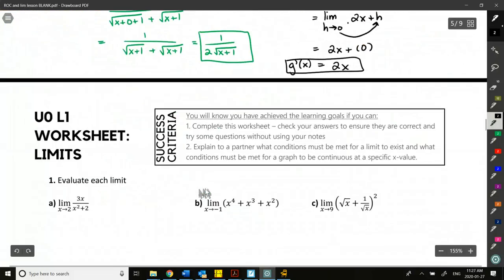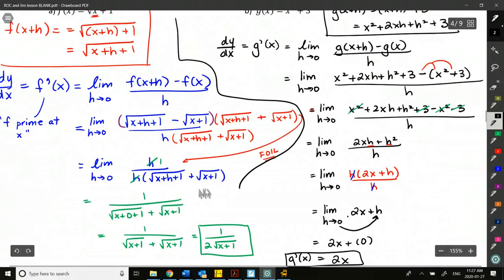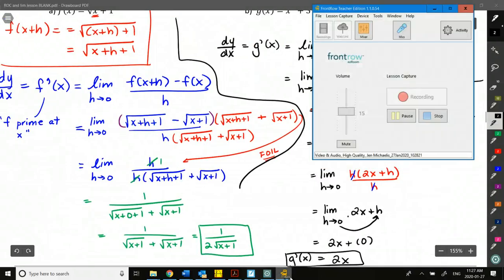Okay, so we're going to try some questions. There is a limits section